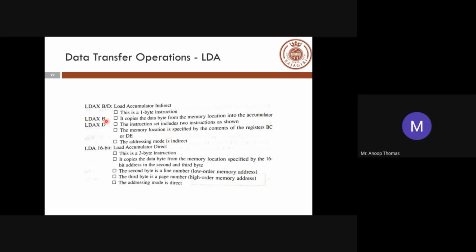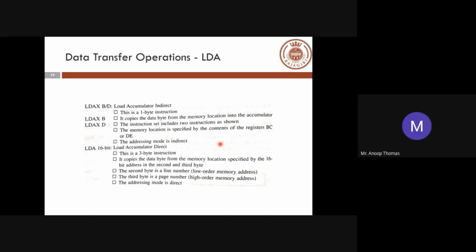So when you speak about B, in order to get an address, you require 16 bits. So B will not work as a single entity. It will be BC or DE. BC is a pair of registers, DE is a pair of registers, HL is a pair of registers. So you have register pairs which act as your memory addresses. Since only the program counter and the stack pointer are 16-bit, the others combine together to form 16-bit addresses.